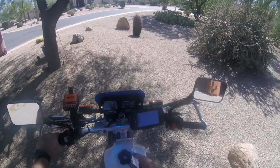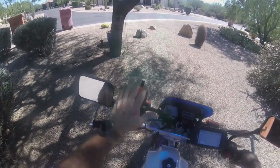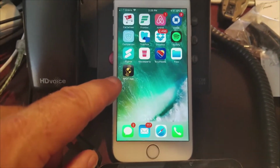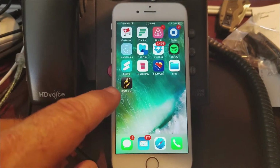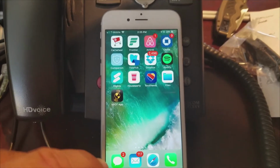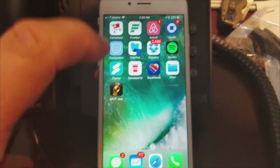The next thing is the GPS thing. So hopefully you never have to use this. There's an app that goes with it, and it's not a bad idea to press the OK button. If you check on the App Store or in the Google Play Store, there's an app called Spot. And it's Spot app. There's one called Spot Connect, and that is not the correct one. You want Spot app. So if I open it up,